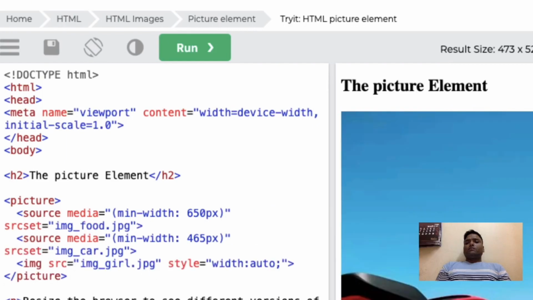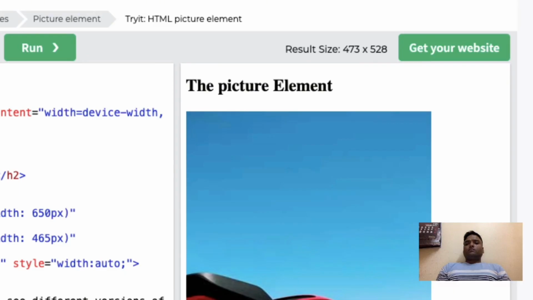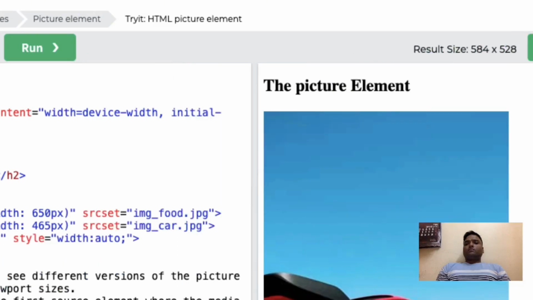Whenever the user is using that web page on different devices with different width and height, the image will change. The picture element is used for it. As the width of the device is changing, the image is also changing.